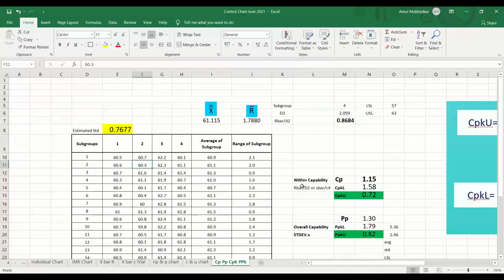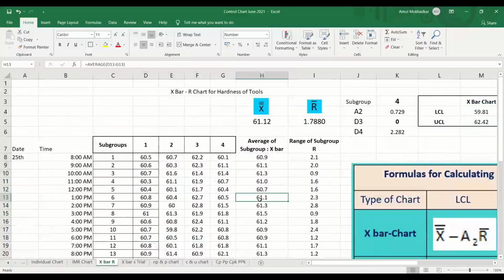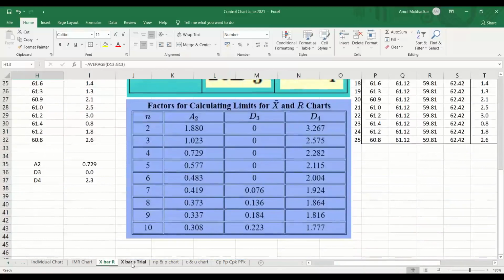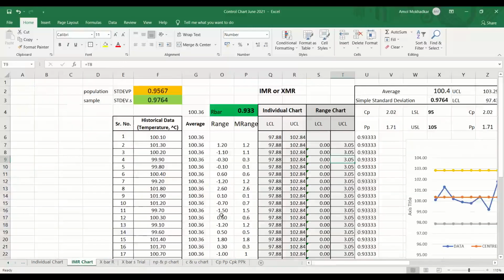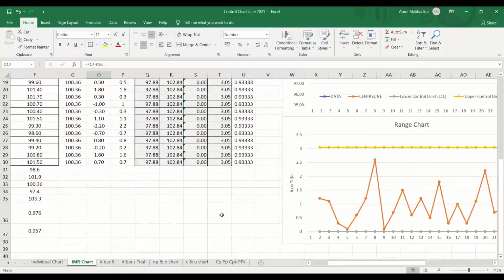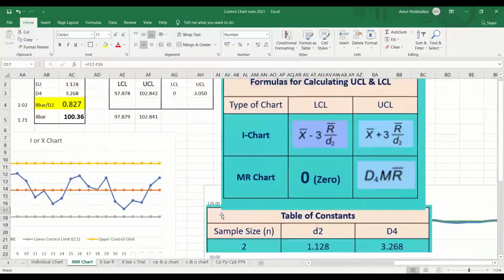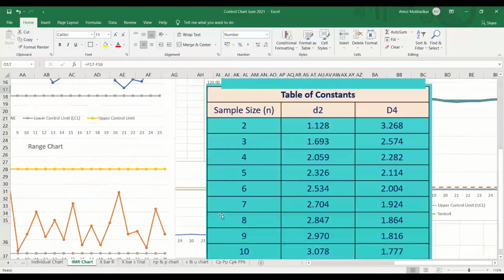Okay, I don't think anybody has saved that table. So I am showing you that table and tell me the D2 value. What is the D2 value I should take from this table for that particular example?